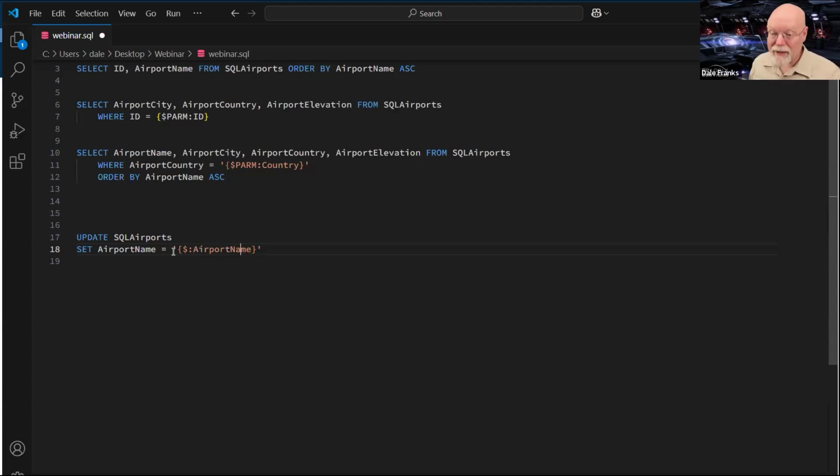And I have a valid SQL statement, but it's a very dangerous SQL statement because without the where clause, what will happen if I run this SQL statement, which will work perfectly, is it will change the name of every single airport in the database to whatever value is in the airport name field. So I will overwrite every single record in my table.